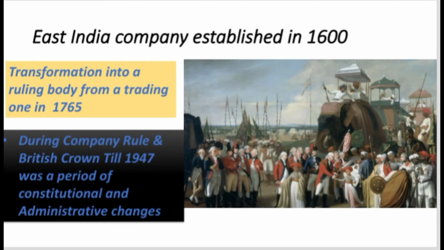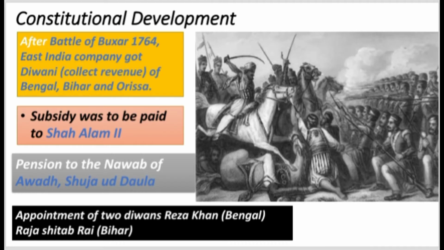Anyhow, constitutional development between 1773 and 1858. After the Battle of Buxar in 1764, the East India Company got the Diwani right. It was the right to collect revenue of Bengal, Bihar and Odisha. Besides that, an annual subsidy was to be paid to the Mughal Emperor Shah Alam II, and an annual pension to the Nawab of Awadh, Shuja-ud-Daula. And the company appointed two Indians as deputy diwans, that was Muhammad Reza Khan for Bengal and Raja Shitab Rai